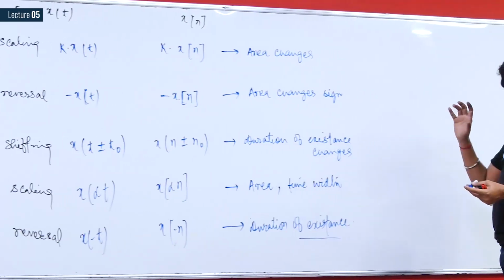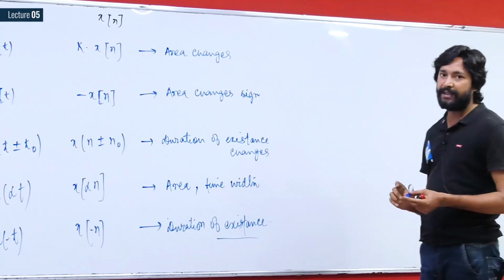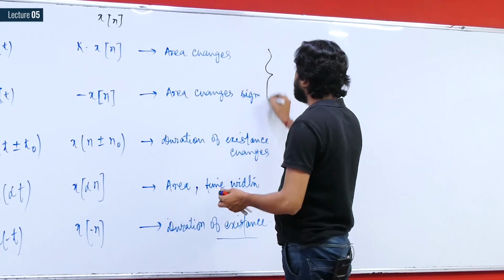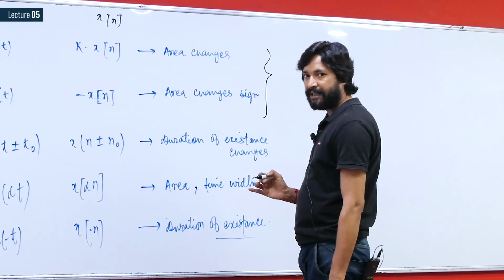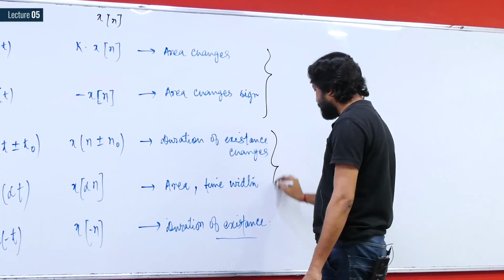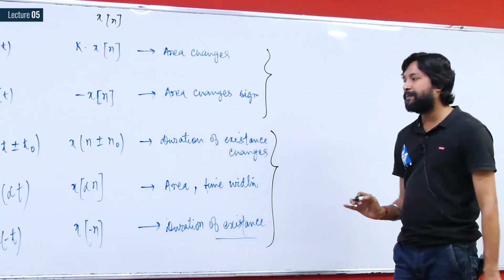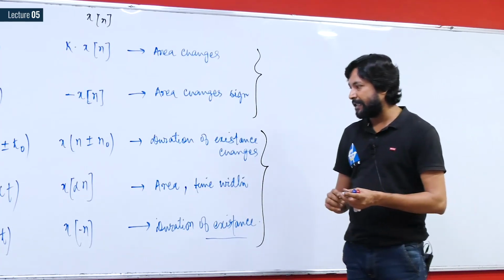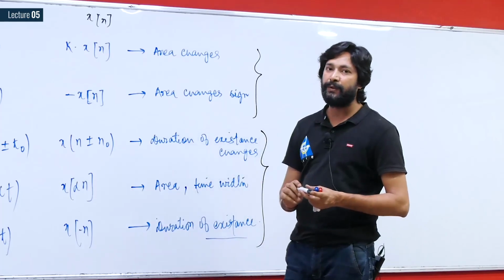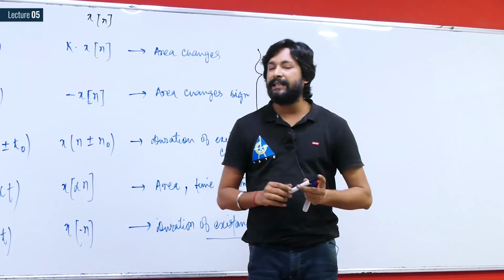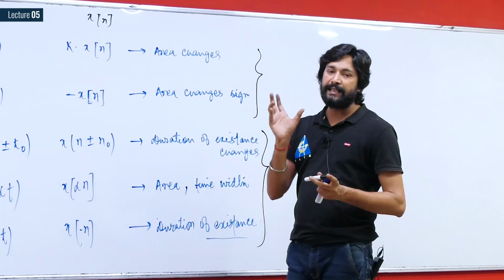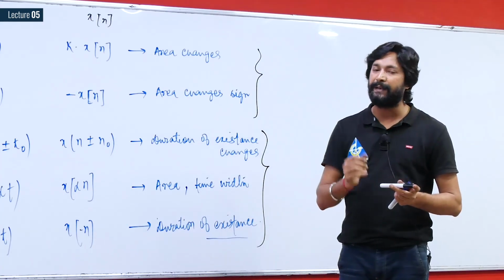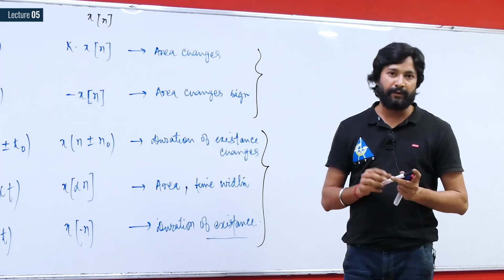If we want to perform these operations, the first two operations are related to amplitudes. They can be performed on real-time signals also, but these operations are related to time, so they can be performed only on a recorded signal. What is the significance of time scaling? If you have compressed a signal, it means that if any signal was existing for a duration of 10 seconds and you have scaled it by 2, then now it will exist only for 5 seconds.